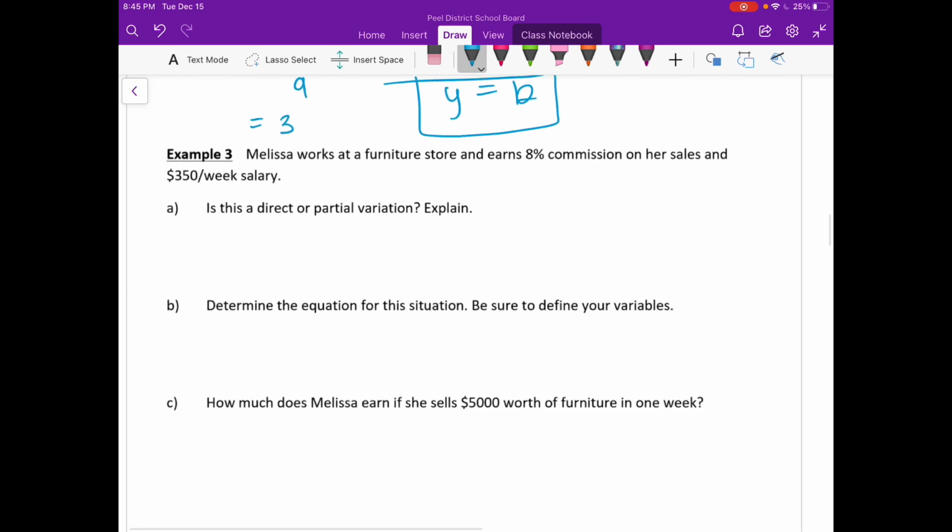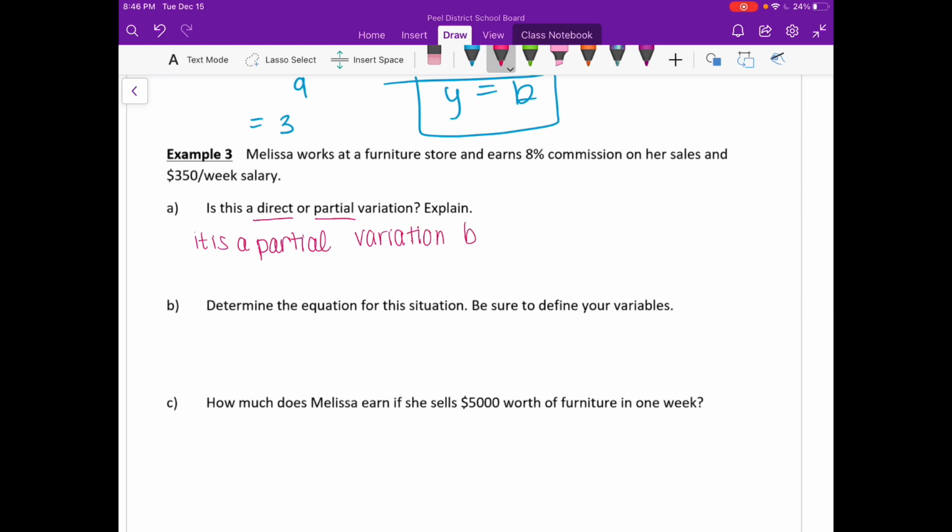Now this is where it starts to get a little bit tricky because now we're using word problems. So it says Melissa works in a store and earns 8% commission on her sales. And on top of that, she makes a $350 a week salary. So is this a direct or a partial variation? It's a partial variation. And that is because she'll never make $0, right? She'll always at least make $350 even if she sells nothing the entire week, right? It's a partial variation